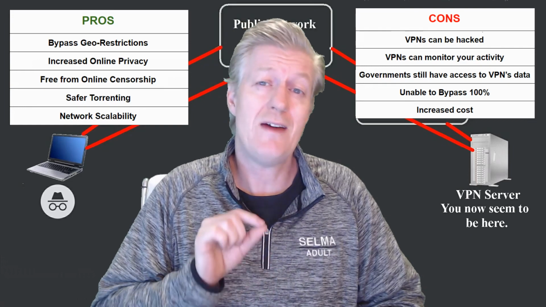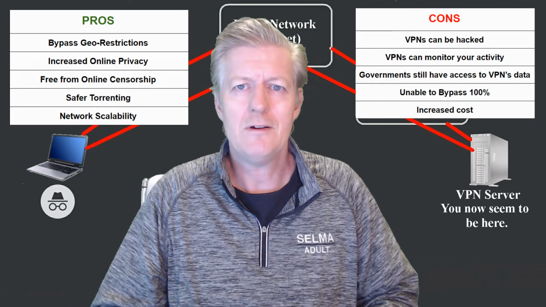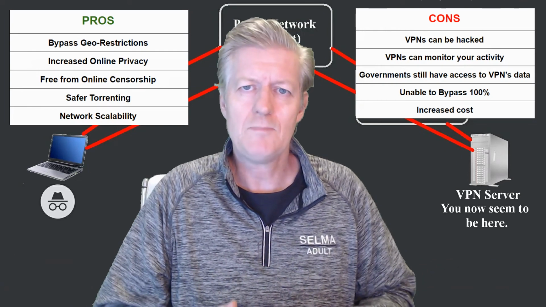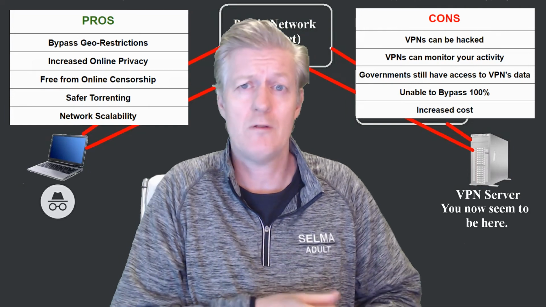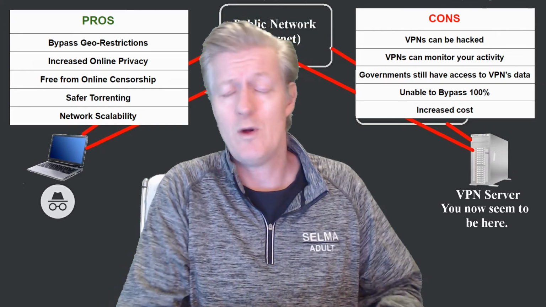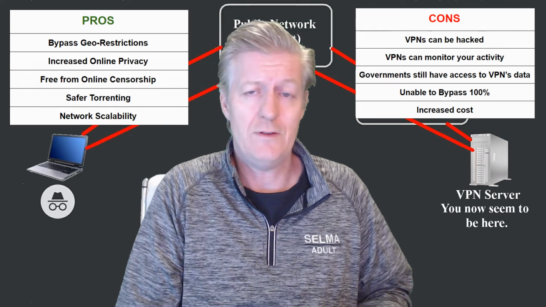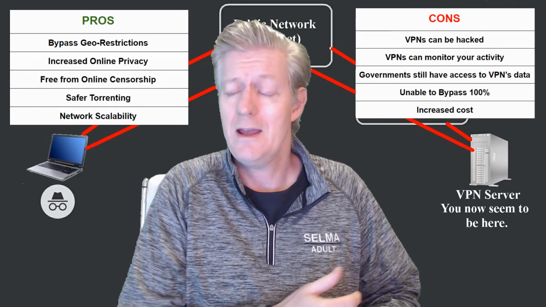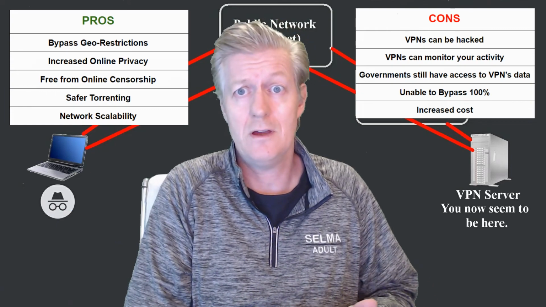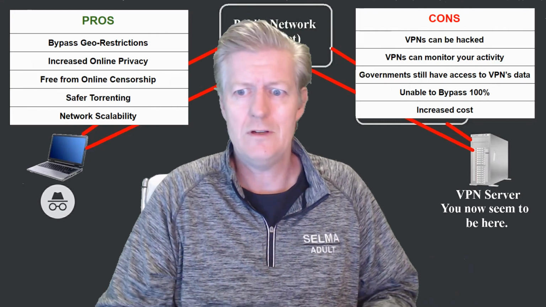Next, governments still have access to VPN's data. You go, wait a minute here. How could that be? Well, let's say that it's a server within the United States. Any type of government agency, if it has probable cause, can go to a VPN server and then request all the data that's been passing through that server. And so if you're using that server, a government agency can then go in and look and see everything that's gone through there, and there would be connections to all the users who have used that.